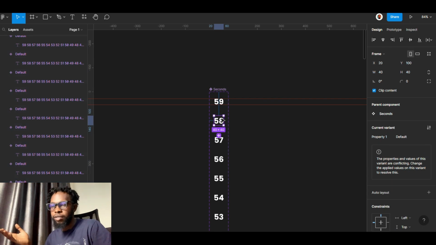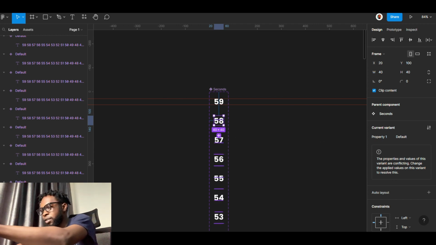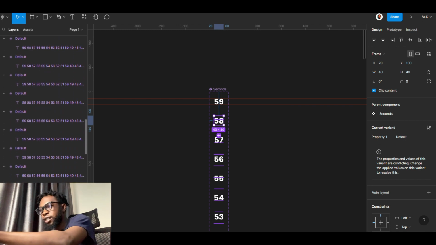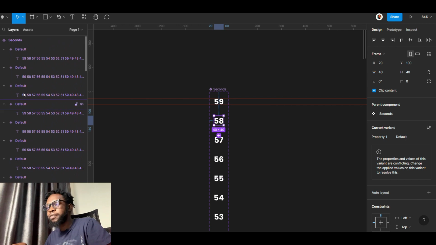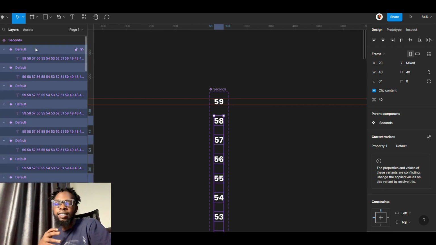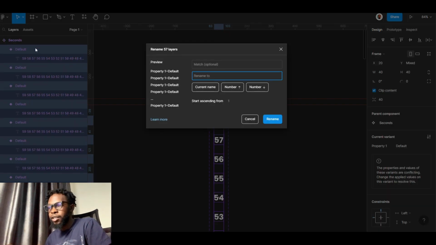So what I want to do now is change their names, because down here you can see it's telling me that their names are default and it's not supposed to be default. You understand? So we need to work on their names. For me to work on their names, I'll just select all of them. Select one from the bottom and then hold my shift button, select one from the top, so it selects everything for me, and then I press Ctrl R, which is rename, and I'll rename them to seconds and rename them